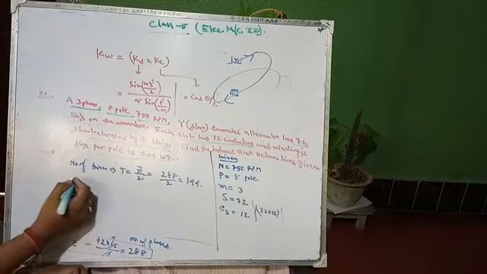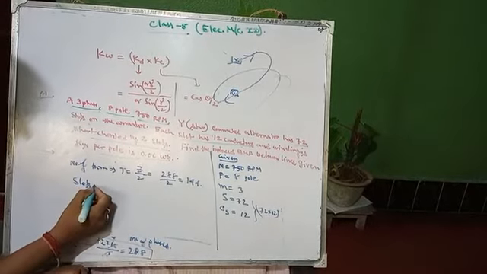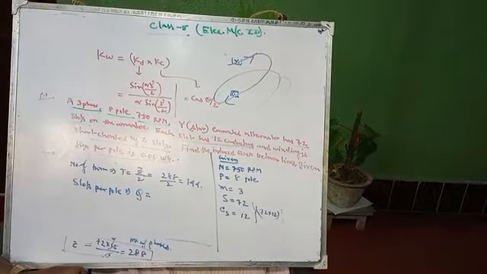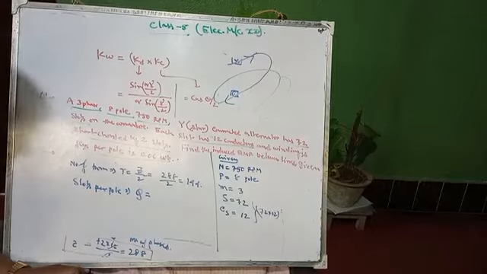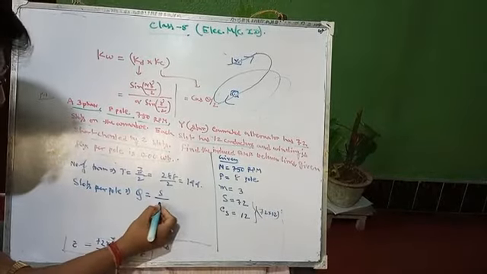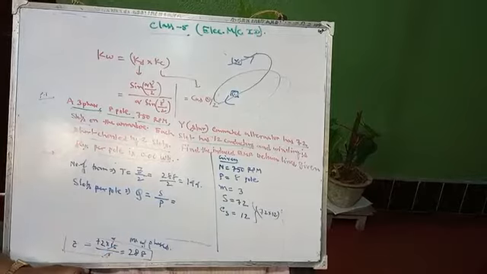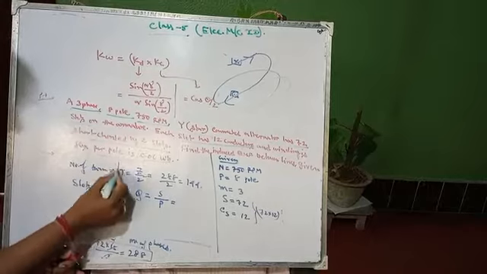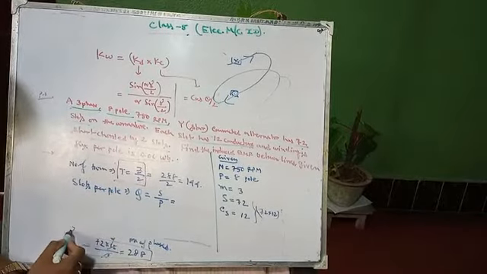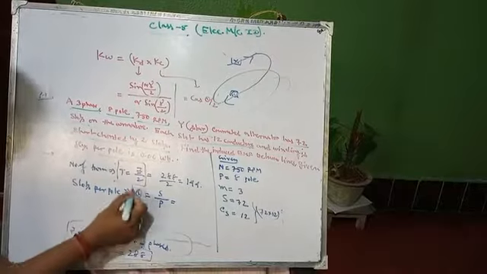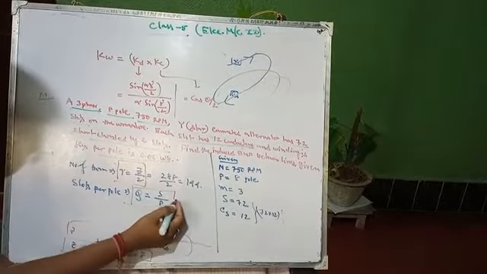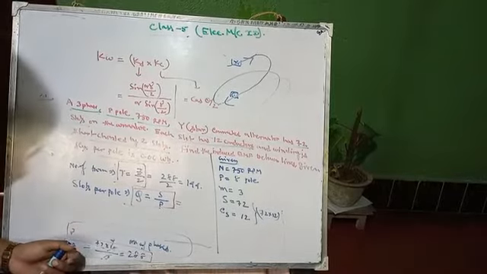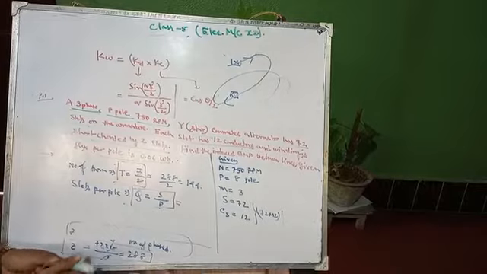Okay, so now slots per pole. What are the slots per pole? That is capital Q. So what is the value of capital Q? We have the total number of slots by the number of poles, S by P. This is the formula, so you can box these formulas. T equals Z by 2, and Q, the number of slots per pole, equals S by P. This small formula you have to remember for your exam.